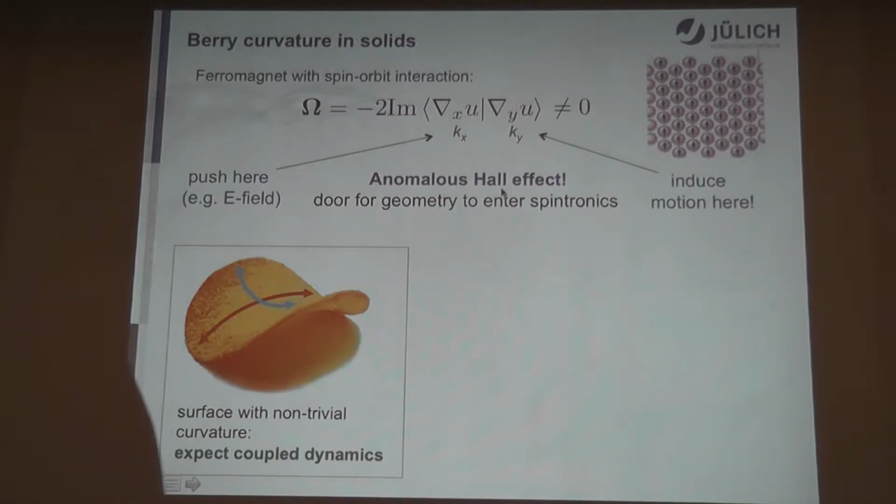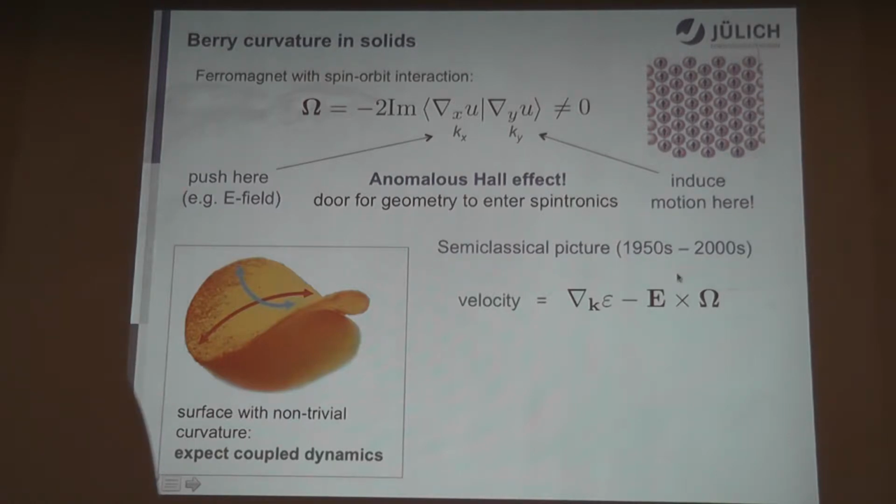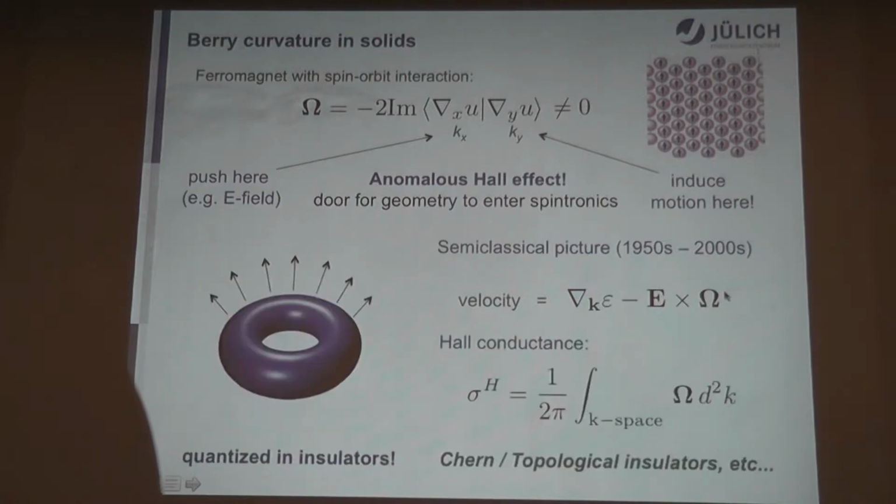Now, what we have heard in Justin's talk actually is that in the K space, when we consider the velocity of our Bloch electrons, the curvature leads to this anomalous velocity term, which is proportional to the electric field and the curvature itself. And now to obtain the conductance, the whole conductance in our sample, we just have to integrate this anomalous velocity over all states, and therefore we can think of this whole conductance as actually a flux of this curvature through the manifold of occupied states. And actually in insulators, there are beautiful mathematical theories that the flux of the Berry curvature is quantized, and this leads to the quantization of the whole conductance.